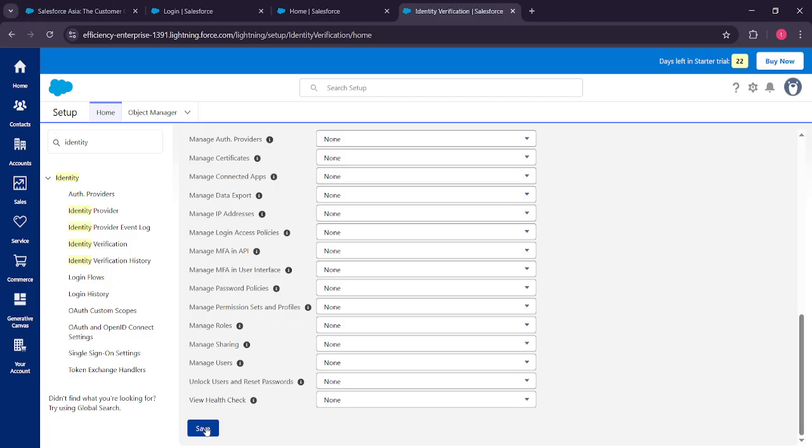And there you have it. With these simple steps, you can now disable the Salesforce verification code, making your login process smoother and quicker. Remember, while disabling this feature can increase convenience, make sure your account stays secure by using strong passwords and other